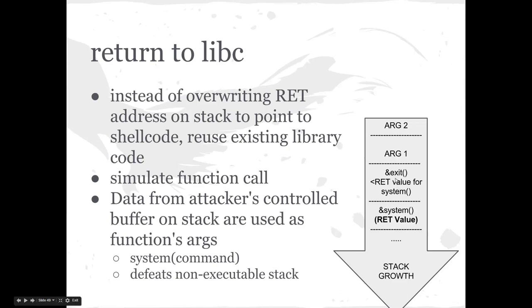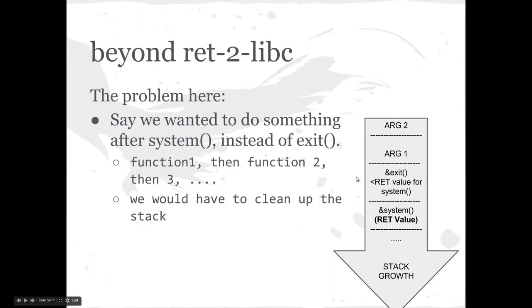And if we don't clean up the stack and say exit here is the next function, well, it's going to think that argument 1 is its return address, and then after that, arguments for it are going to start here. So it's going to take argument 2 as its first argument. And obviously that's going to mess things up. It's very unlikely that we're going to be able to pass something to one function and just cannibalize the arguments. So what we do here in ROP is, in order to clean up the stack,